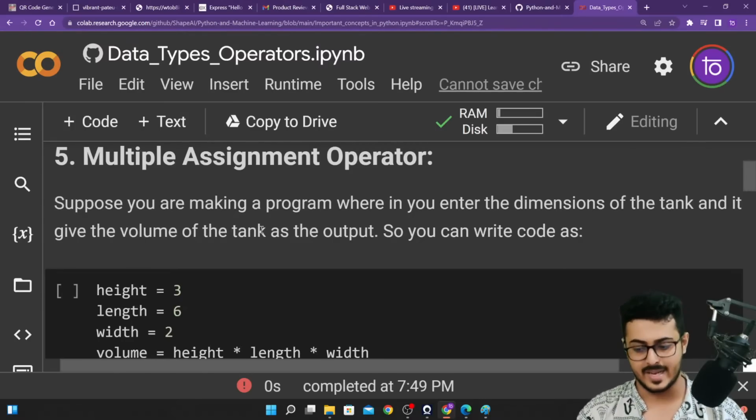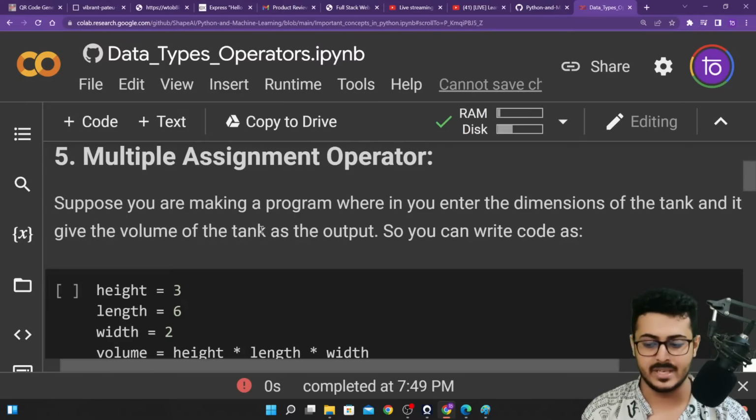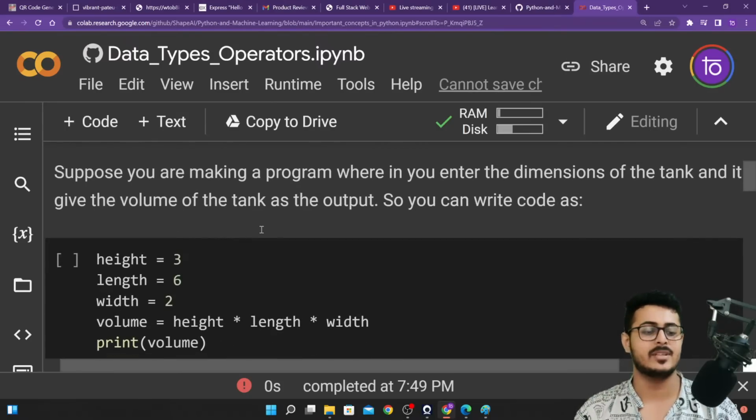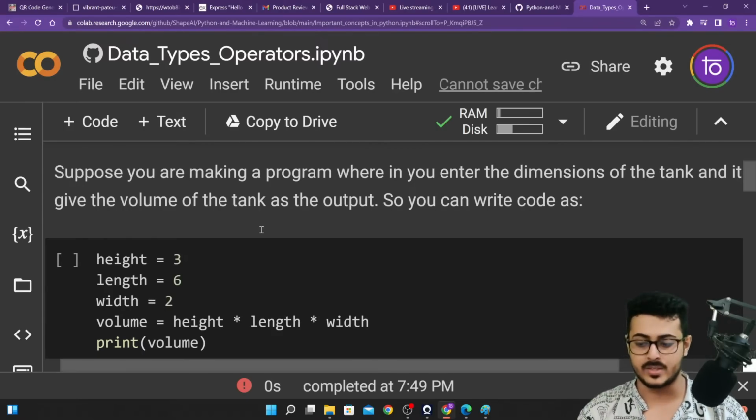Okay, great. The next thing that we need to look at is the multiple assignment operator. Suppose you are making a program where you enter the dimensions of a tank and get the volume of the tank as the output. So right over here,